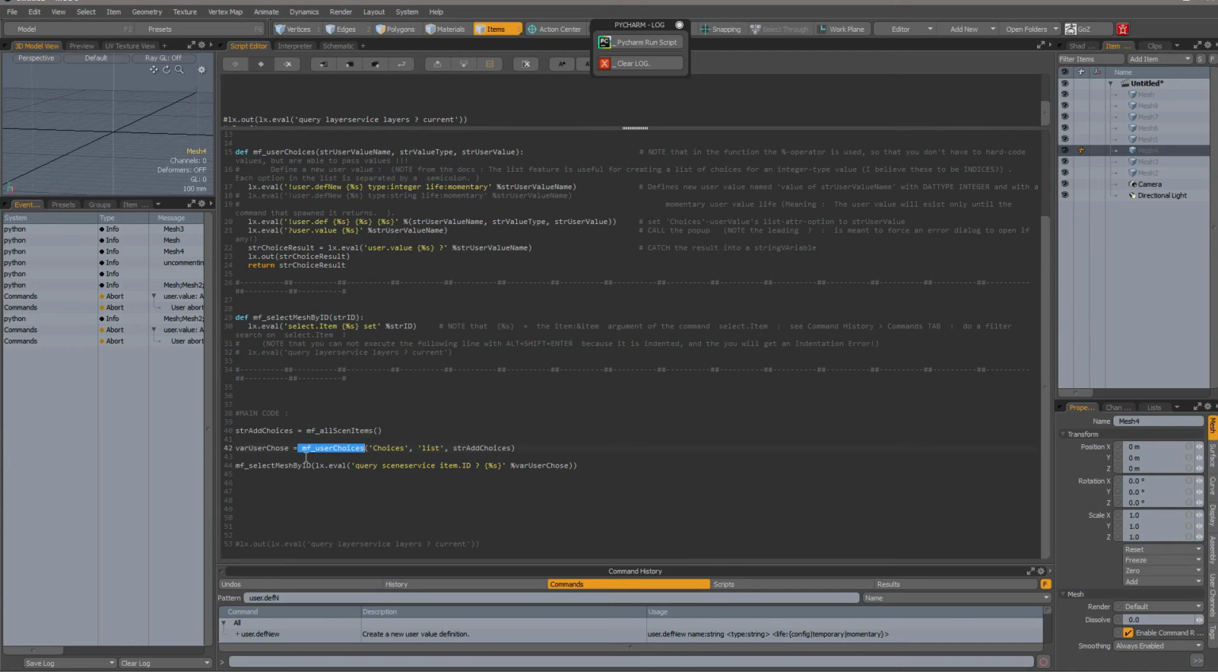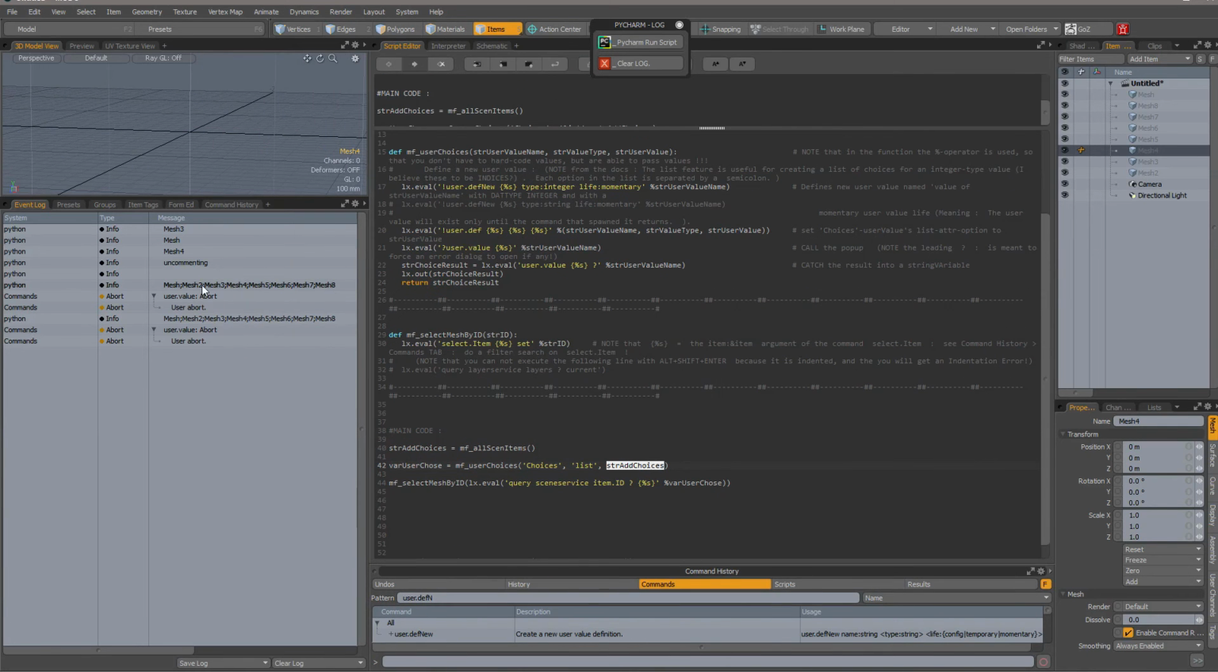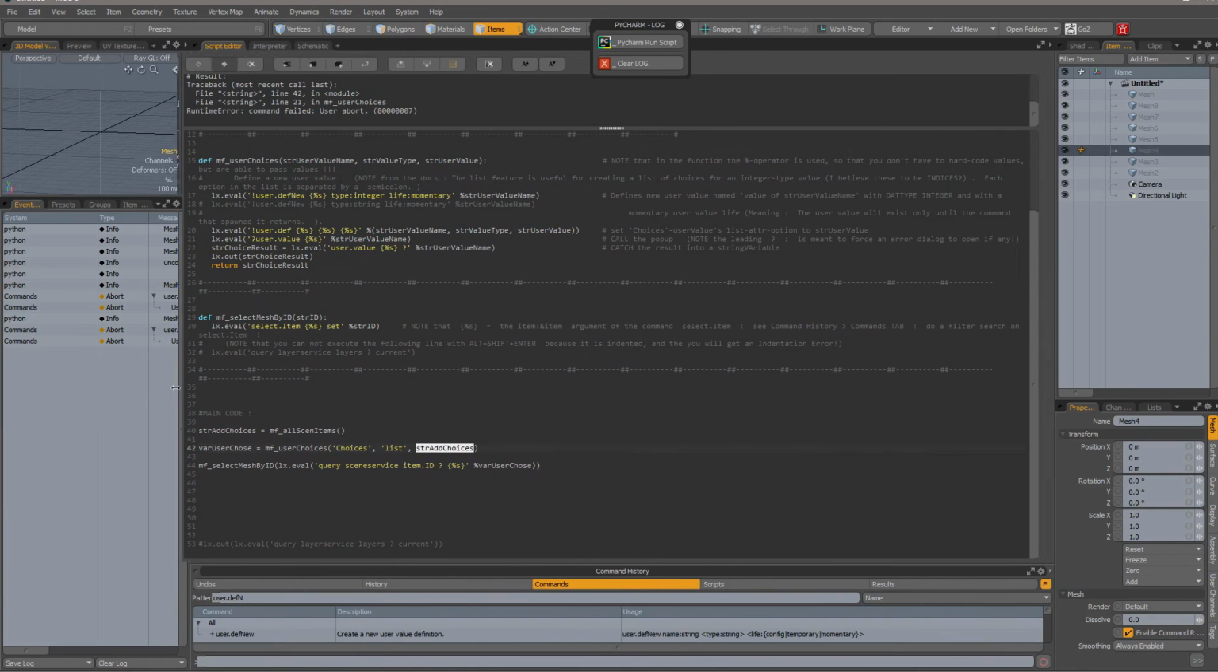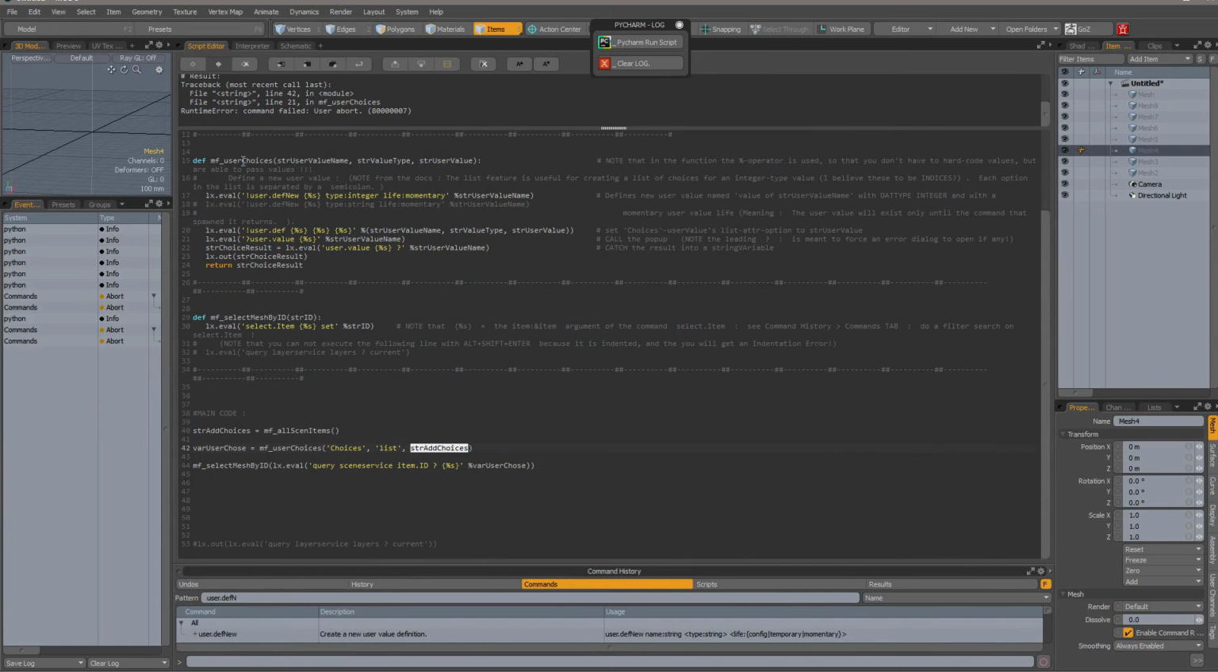So the mf.userChoices function that I've created, that Keith has created in this video, and I'm going to pass it the string choices, the string list, and then the string add choices, which is the string that is being returned by that function that I've just explained. So that is that string that will be passed into the function